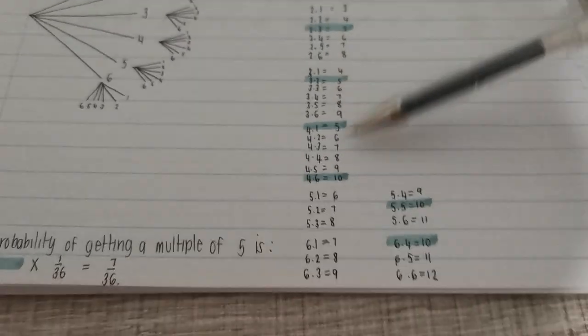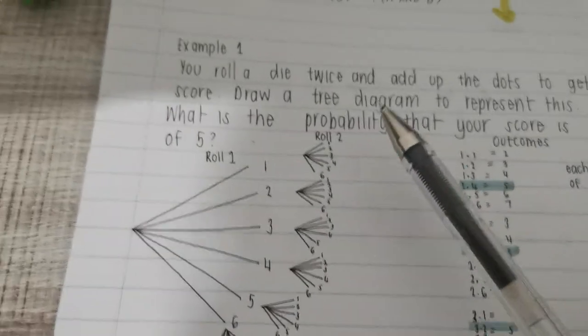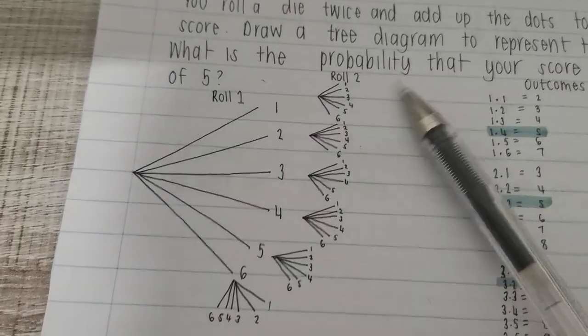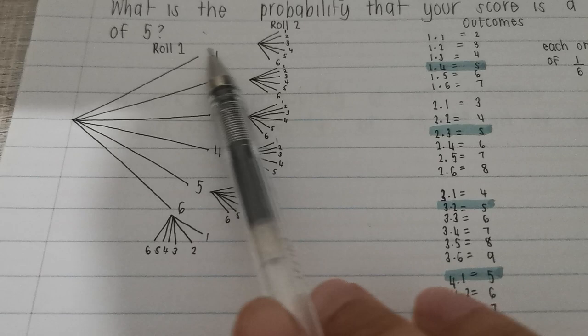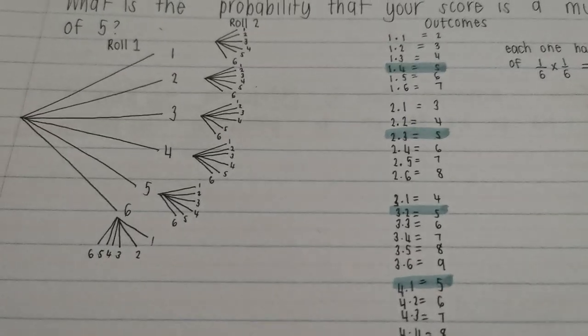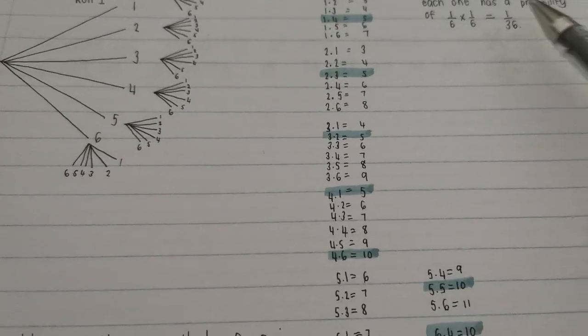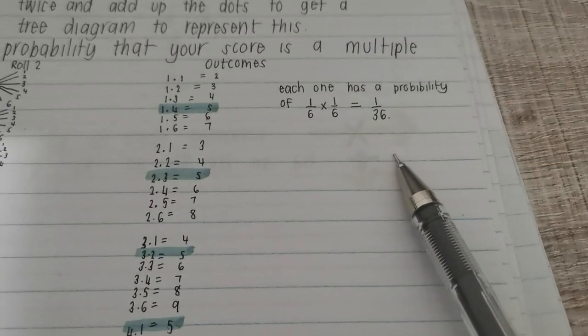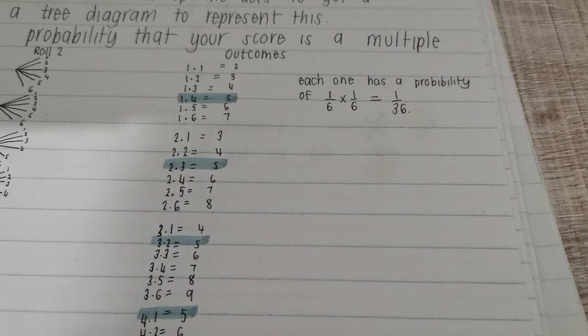I took the time and I wrote out all the different possibilities for us, and I even added them because it said you add up the dots to get a score. So if you got 1 the first time and 1 the second time, you'd get 2 in total. All right, that's what I did. And then I worked out the probability. I wrote it here. I said each one of them, I just explained this, it's 1 out of 6 times